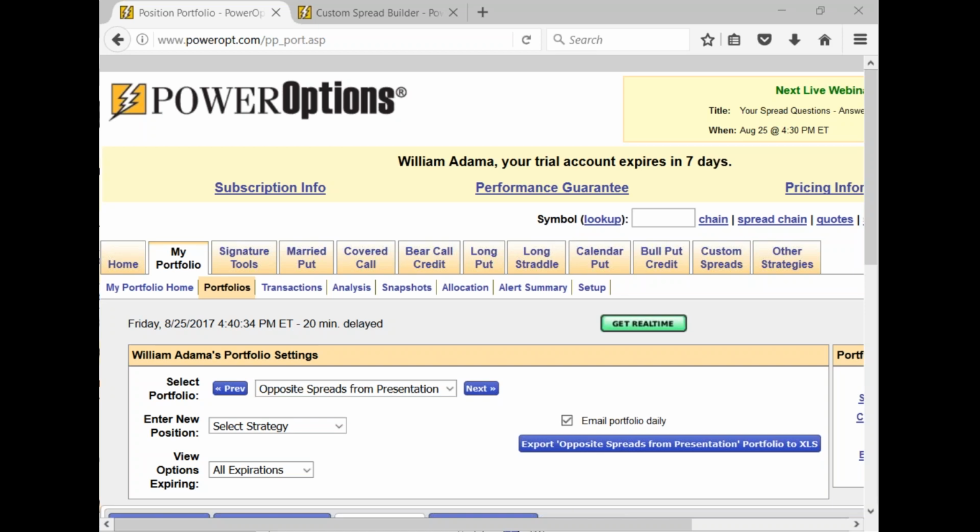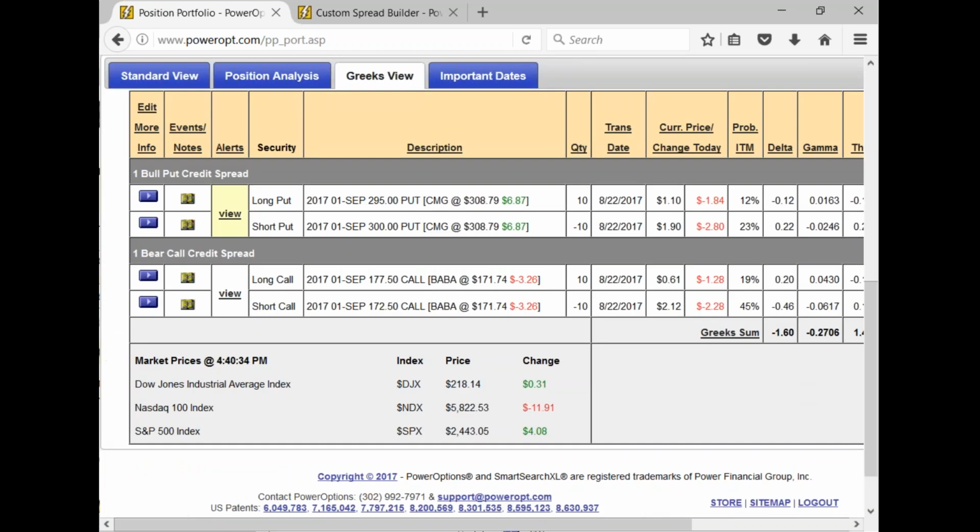All right, okay, real quick, I was looking at some of Sam's comments. He was talking about the UVXY position, and one of the things he was saying is that rather than rolling out and looking at a new iron condor, going back to the previous discussion earlier on, it might not be a bad idea on UVXY to take assignment on it because you can convert it to a covered call and there's a lot of good premium. But most of the people here who are doing spreads might not want to be into the stock position and allow assignment. Sam was also commenting on the BABA position we were looking at a moment ago,